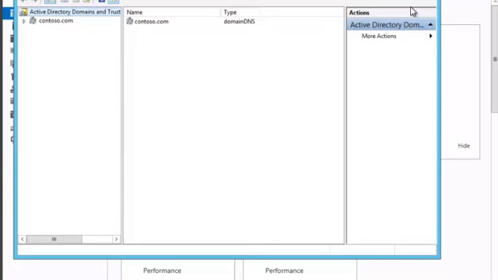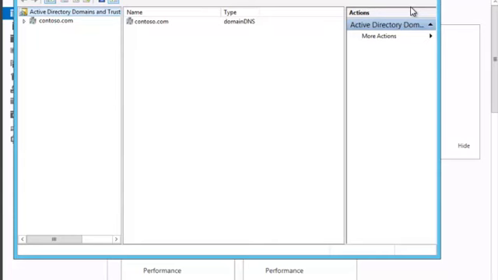For the Schema Master, we had to run the command at the Run window. Then we had to access the Schema MMC by clicking on File, Add Snap-in, and we were able to right-click on the Schema